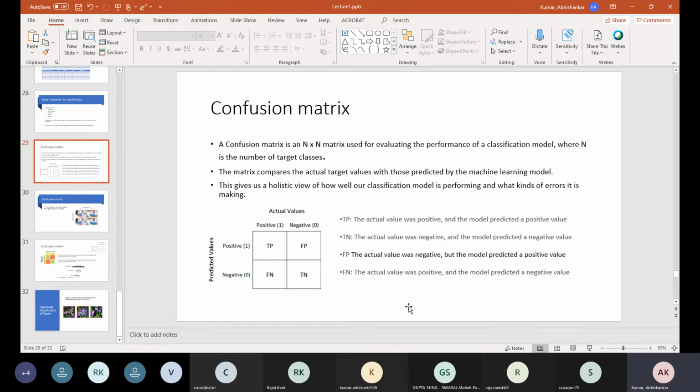So there are two things actually. One is the diagonal. What is in the diagonal is TP and TN, the correct predictions. True positive is when it is positive and you have predicted positive. True negative is when it is negative and you have predicted negative only. So the correct prediction of your positive class and the correct prediction of your negative class will be in the diagonal.